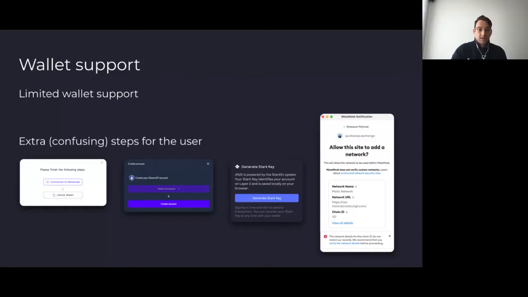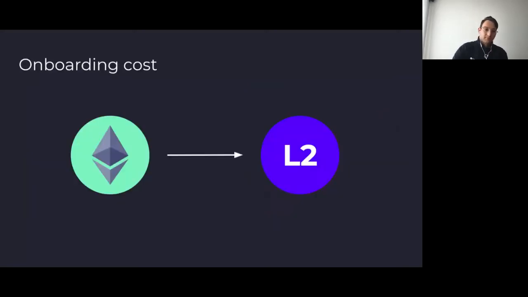Cool. So the second thing is, now our user is upset again. They're confused. Then the second thing is the onboarding cost. So moving from the main chain to layer 2 actually incurs quite a bit of cost. This month, on average, we're looking at about $50 per token to move to a ZK rollup. I don't know what that is for the Plasma and side chains, but it's generally the cost of a smart contract interaction. So anything you want to do would be around there, unless it's very simple.